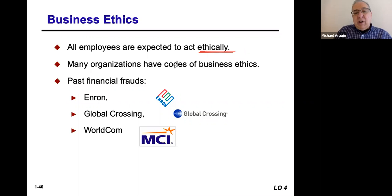And so there are codes of ethics that all businesses have, or most businesses do. The purpose of this is to prevent fraud. And what fraud does is totally ruin the confidence in, particularly if it's a public corporation, the confidence in that particular corporation to exist. So, we had past struggles like Enron and WorldCom, the parent of MCI, that basically failed financially. They lied to their owners and to the public about how they were doing,